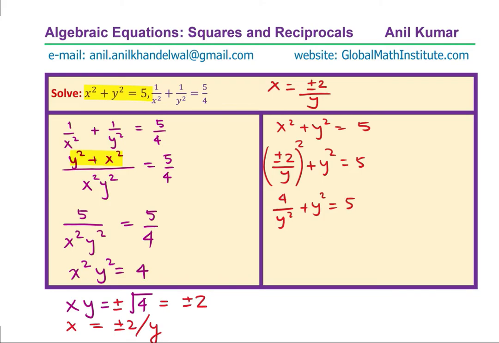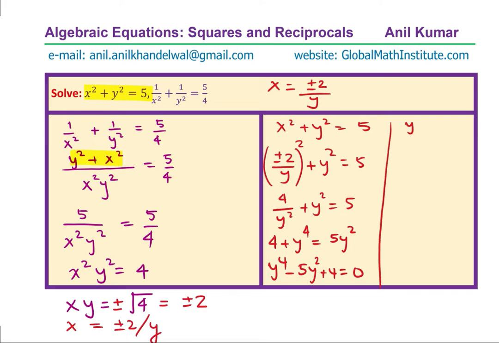Now we can multiply by y squared. We get 4 plus y to the power of 4 equals 5y squared. And bringing all the terms together, we have y to the power of 4 minus 5y squared plus 4 equals 0. You can factor and solve, right? So what do you get? 4 times 1 is 4. So we could write this as